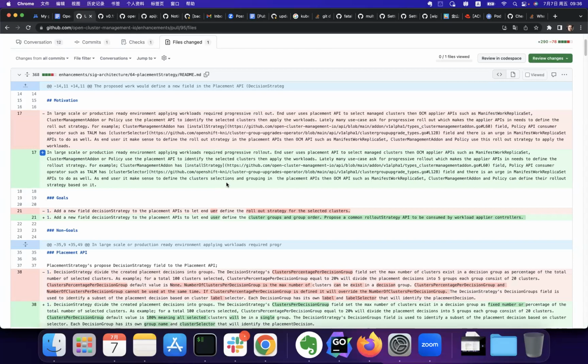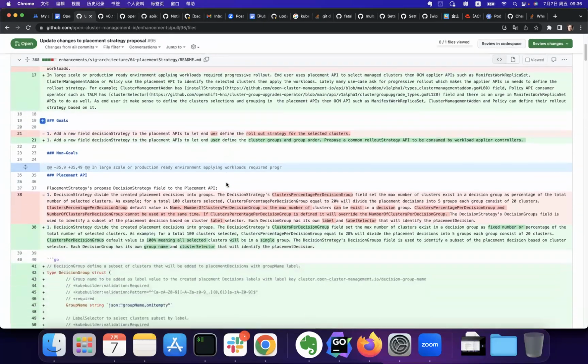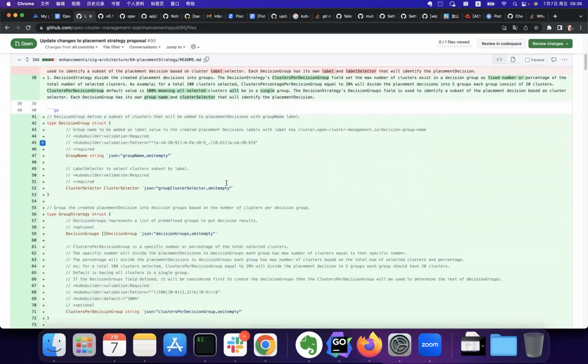So that's the change that we are implementing on the placement. That can also be used maybe for other use cases, like the user can reorganize the placement decisions in different ways. In this API, it's more about